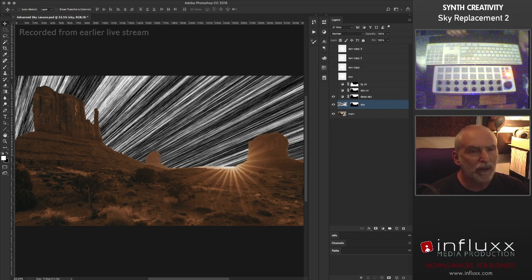So I'm going to, this just increases the contrast. Let's take a look at what we've got here. I've just got a slight. Now this is the color correction I had done on the previous sky replacement project we worked on. So I'm just going to modify these a little to taste. To get the sky blending in, I'm